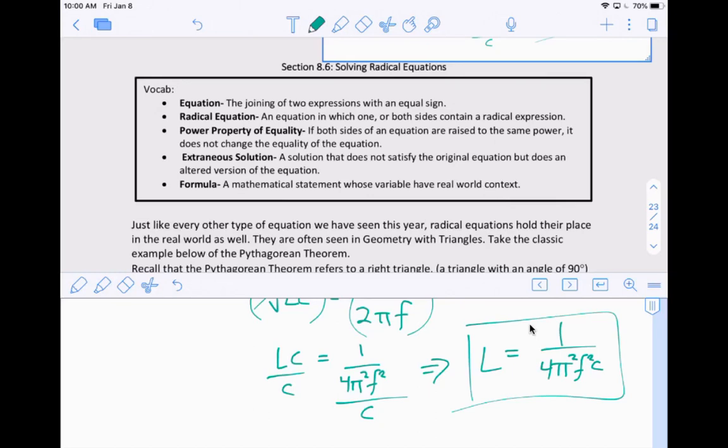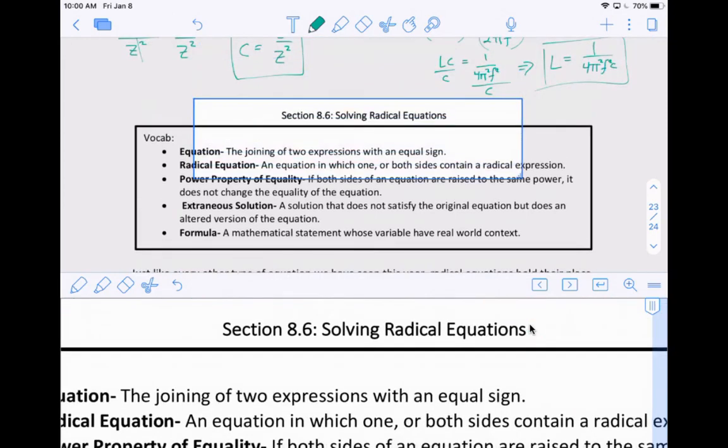Welcome to the first video for 8.7, solving radical equations. This is just a typo. This typo should be fixed in your note packet, so you should not have to worry about this. But this is not the videos for 8.6. This is section 8.7,